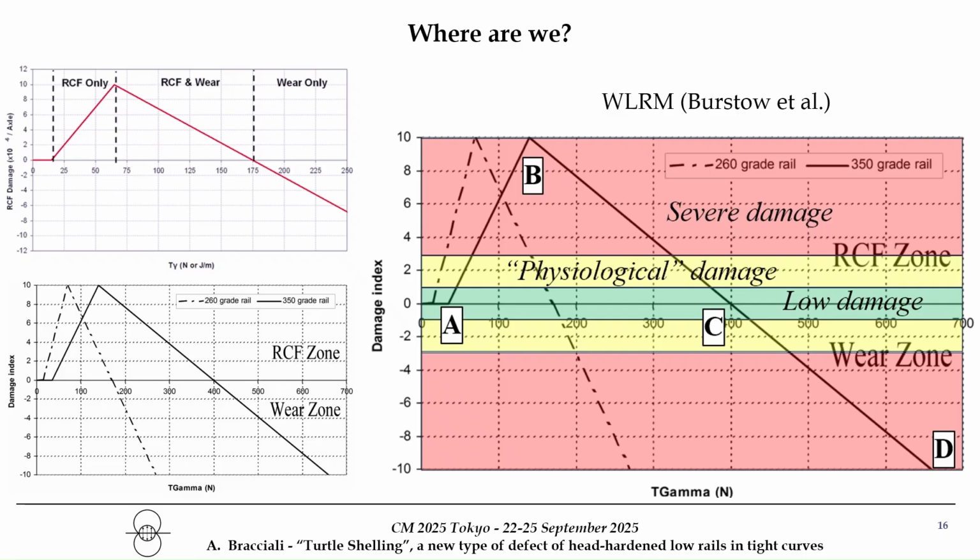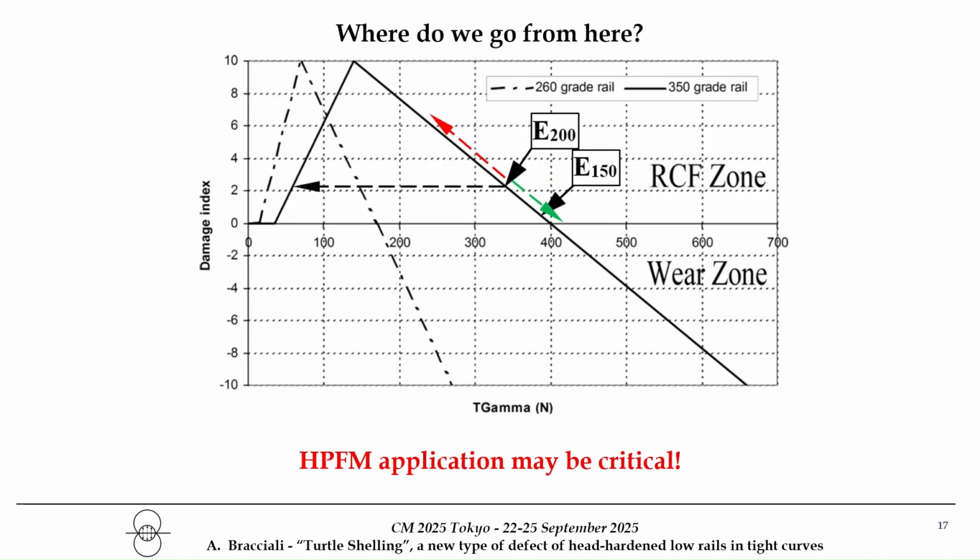So the points that I think are more representative in this diagram of the situation that I found in Kuala Lumpur are these 2 points, E200 and E150 you see here. Because E150 showed very, very little damage, not to say that they didn't show any damage at all, so there's nothing to do there. Keep it as it is. For the E200, there is some damage, but it came evident at least 2 years after the beginning of service.